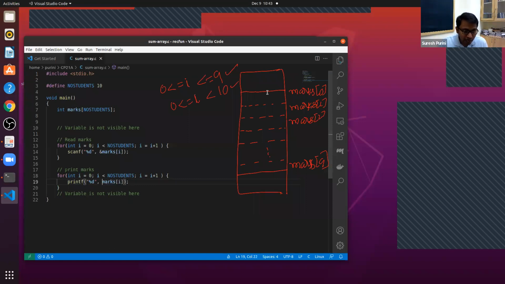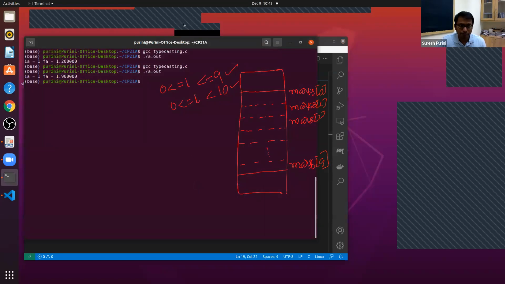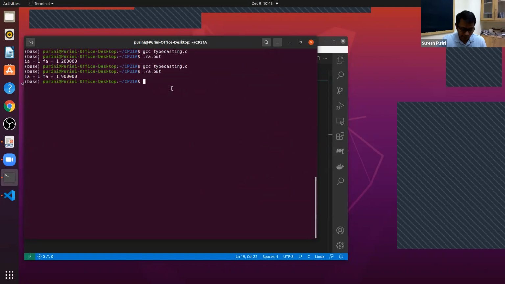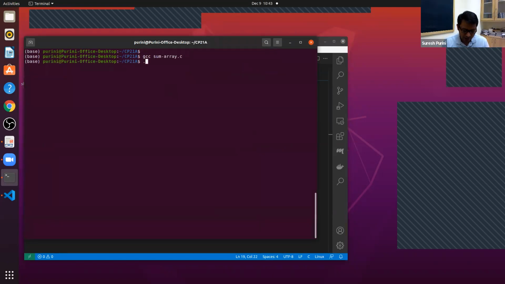I want you to pay attention. In the printf statement, we are not printing the address. We didn't yet add up marks, but we are not printing the address. We want to print the marks. Let's compile this program and run it. gcc summary.c.